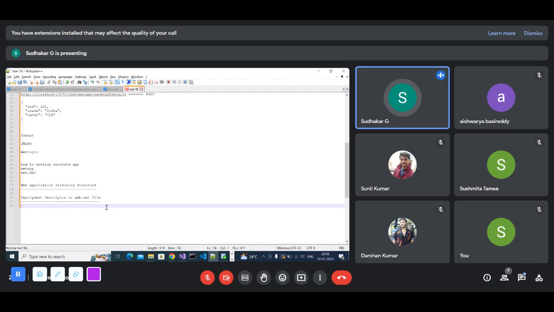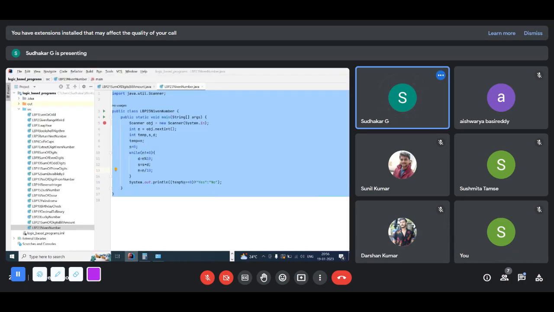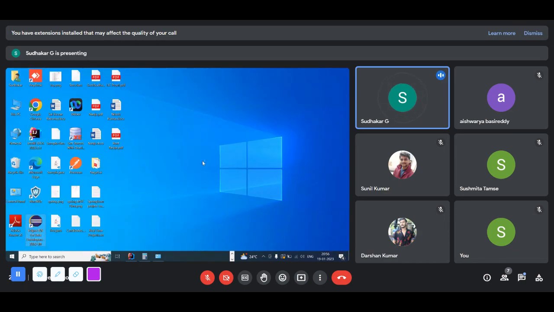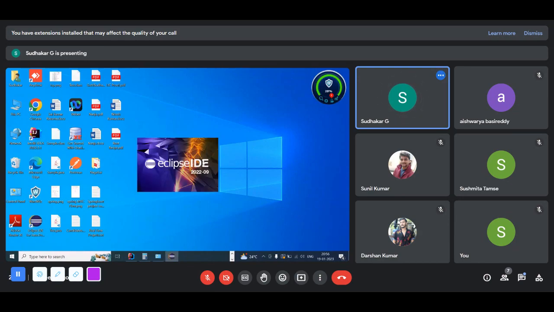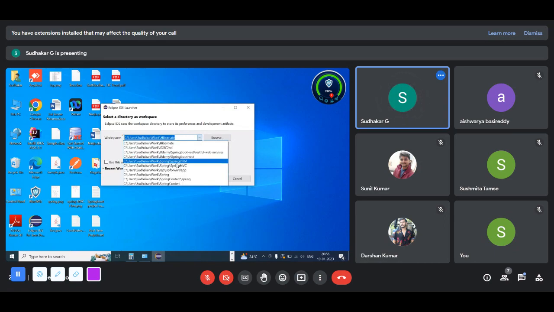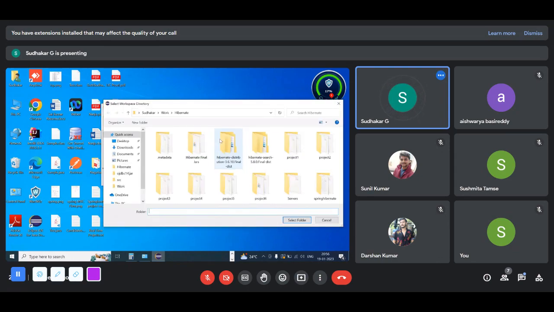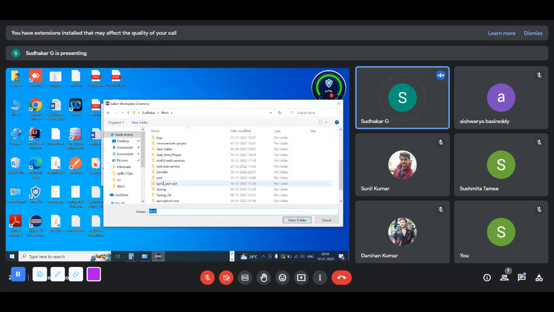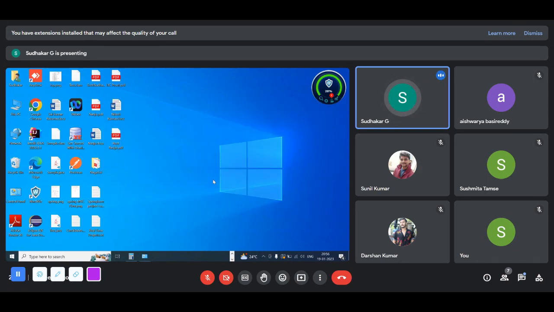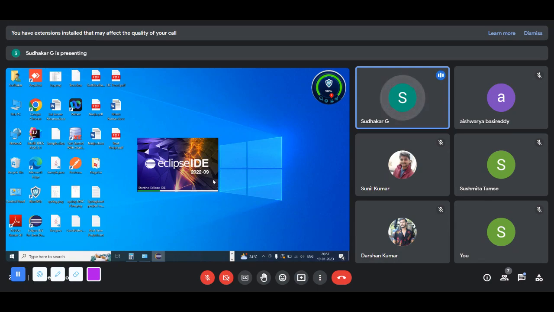How can you mention your servlet application? For example, let's say, so here